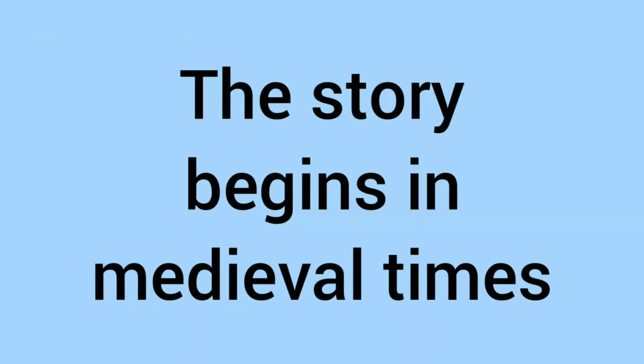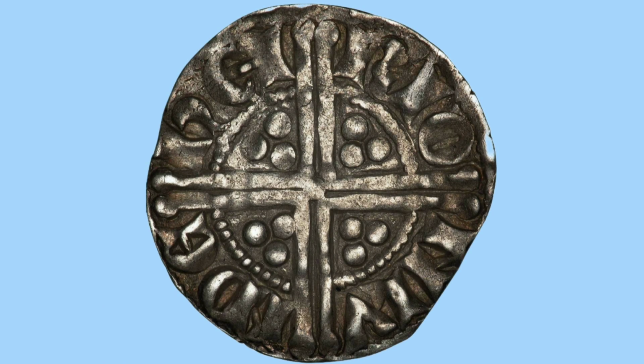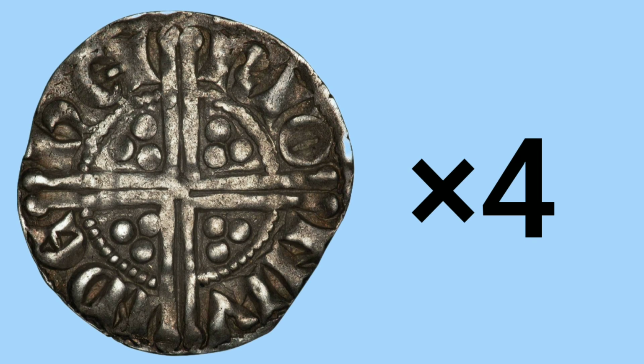The story of the groat begins in medieval times. Now, back in the very early days of British coinage, the only coin was a 1 pence coin. So, to have 4 pence, you'd literally need 4 pence or 4 penny coins. This system worked for a long time, but as inflation got bigger and bigger, more higher valued coins were needed